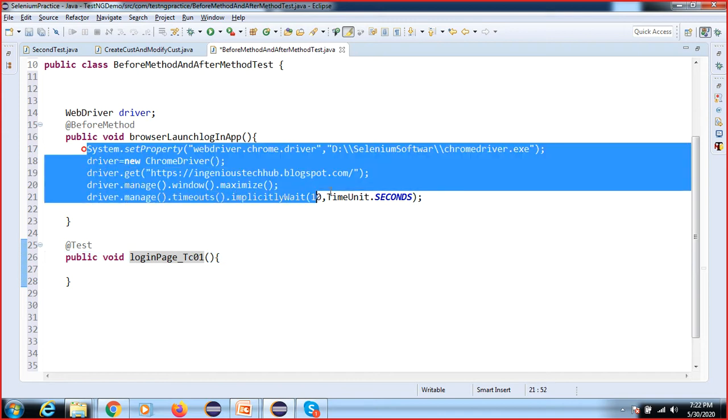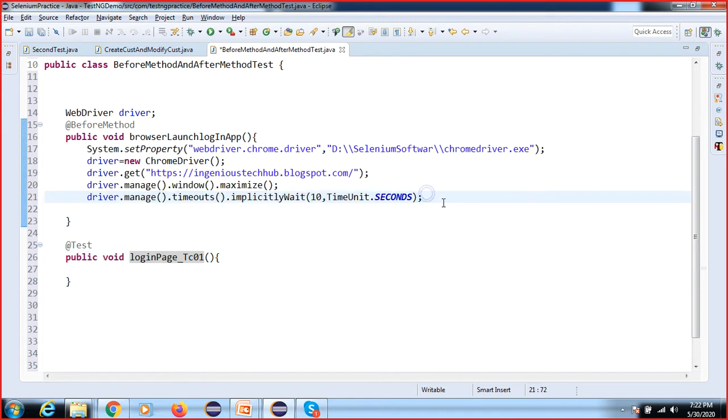No, I will do that one. I am just repeating everything. In a framework we are not doing anything hard coded. Here we are going to explore TestNG. We cannot write anything hard coded when you are working in real time.